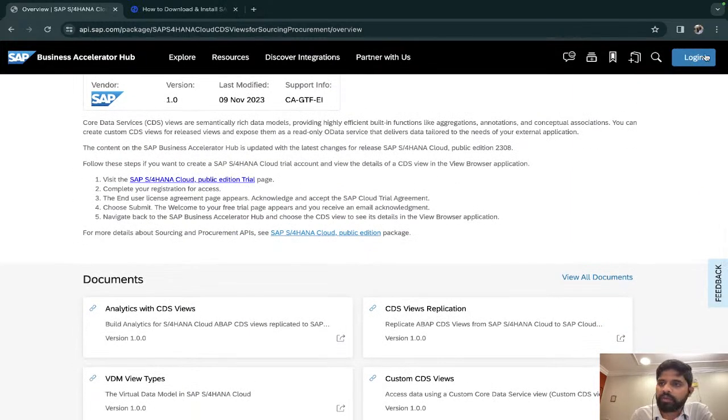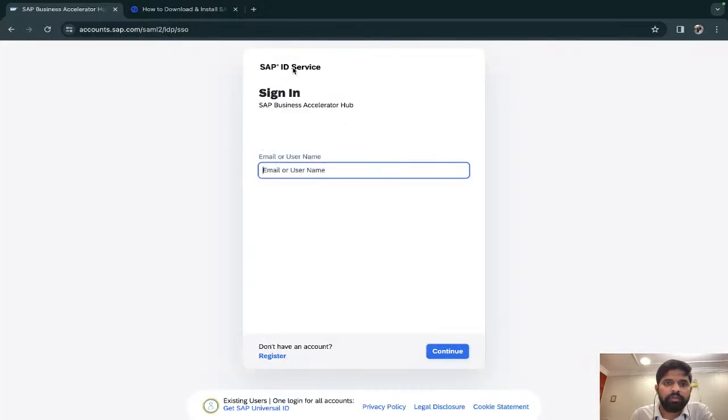Then what you have to do is log in. To log in, you have to have a SAP user ID. If you don't have one, go here and register. How to register is very simple. As you go ahead, you will be able to enter your email address and all of these things. You will register, and then you can log in here.